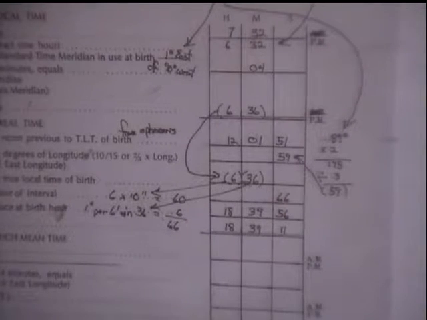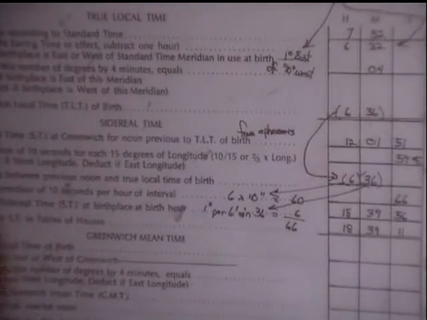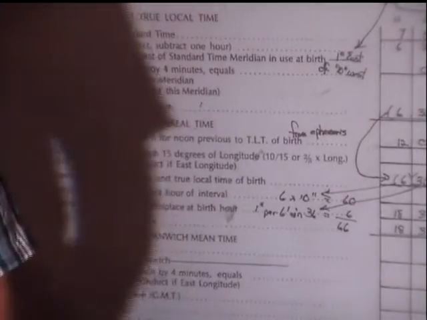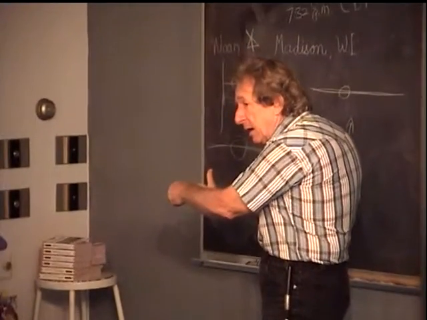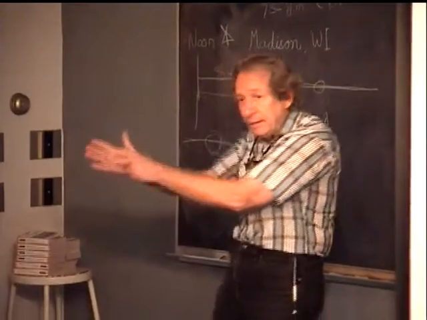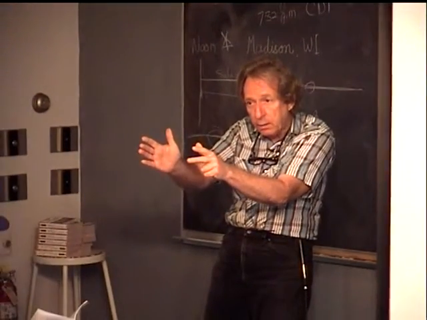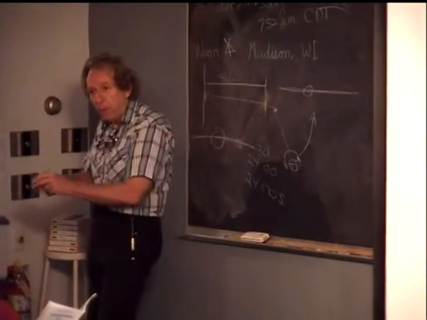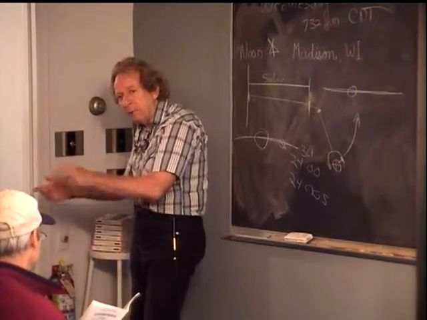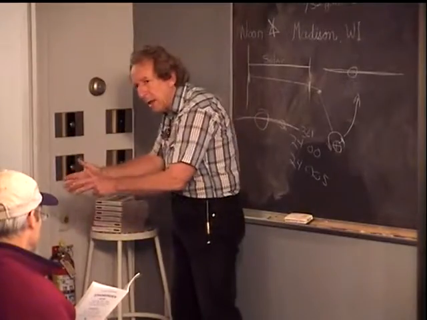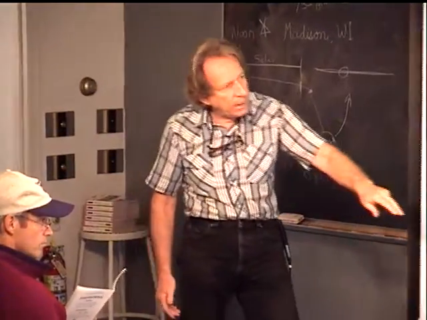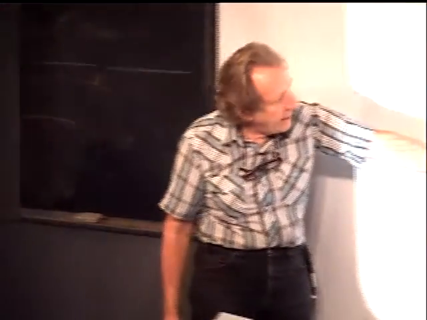All right, let's explain that correction. This measurement is made for Greenwich, England. So when it's noon at Greenwich, England, it's 6 in the morning here. And by the time it gets to be noon here, we're going to have gone forward. So we have to make a correction between Greenwich and Madison, and that correction is 10 seconds